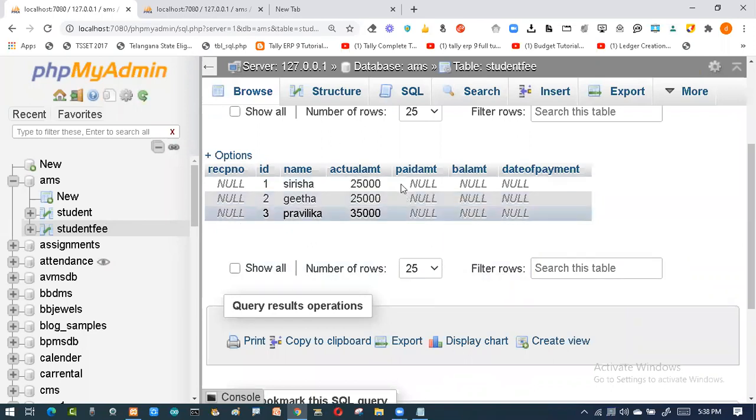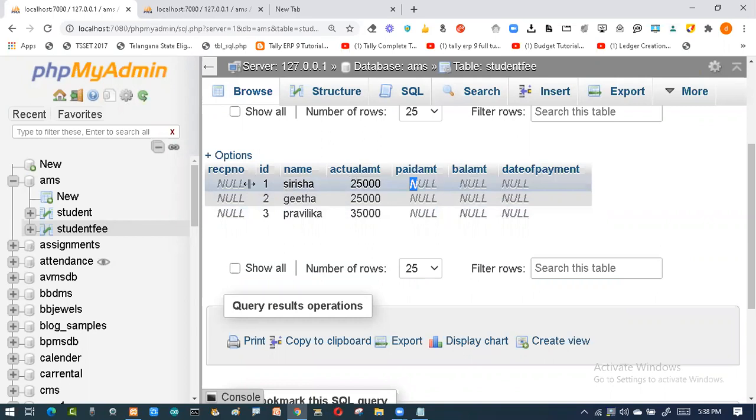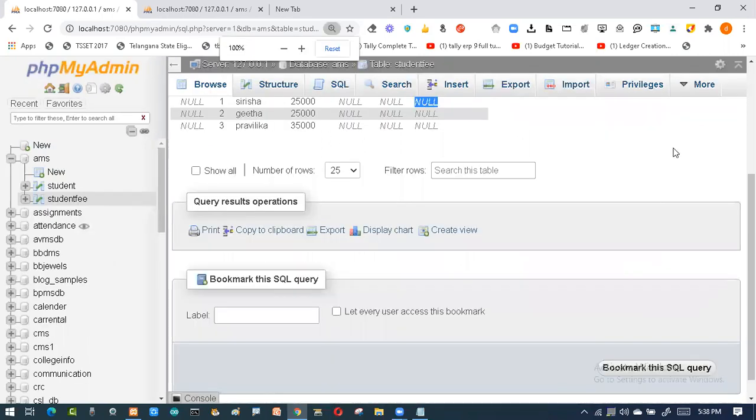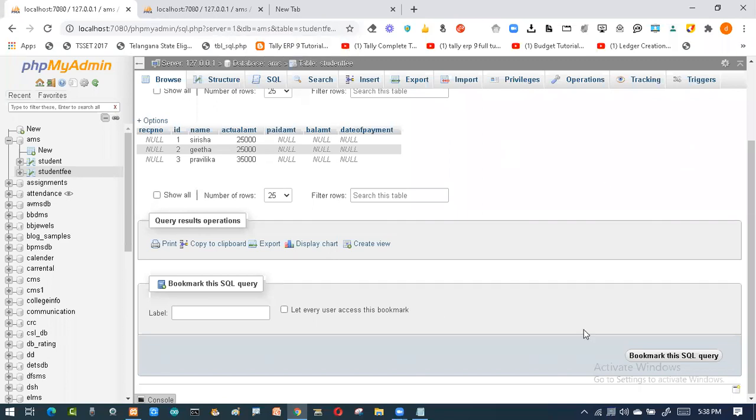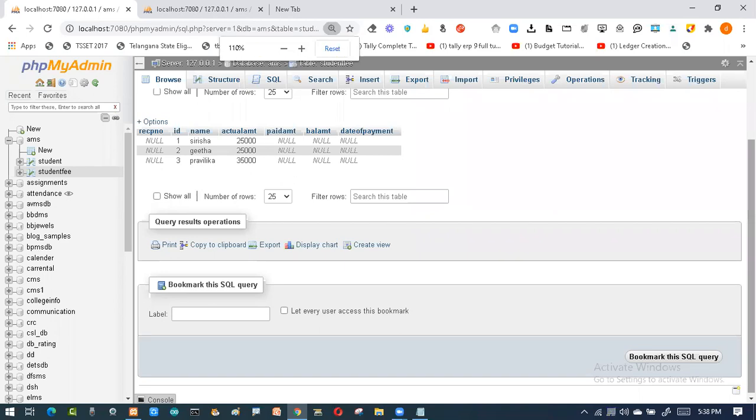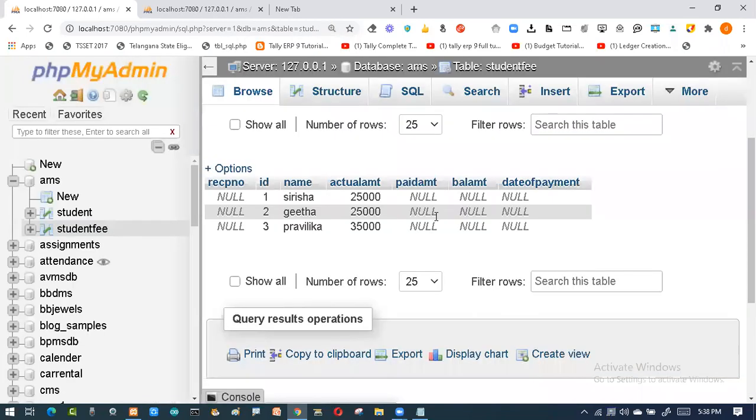Now I want to give the receipt for this person, and the balance amount should be automatically calculated and the date should be done. So whichever date you give, on the current date, it should accept. So whichever person is coming and paying, it should be calculated. So what I want to do is, whenever people come and pay the fees, I have to fill this record. So this record has to be filled.